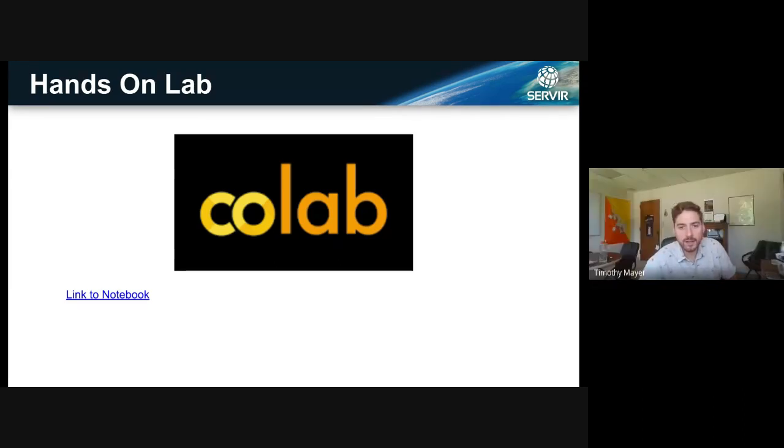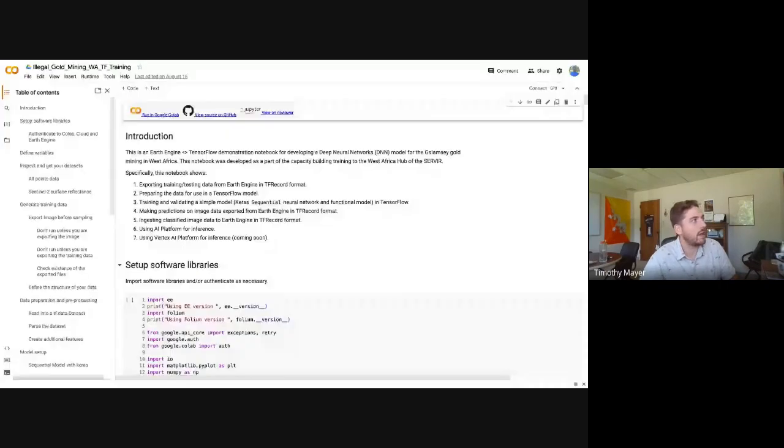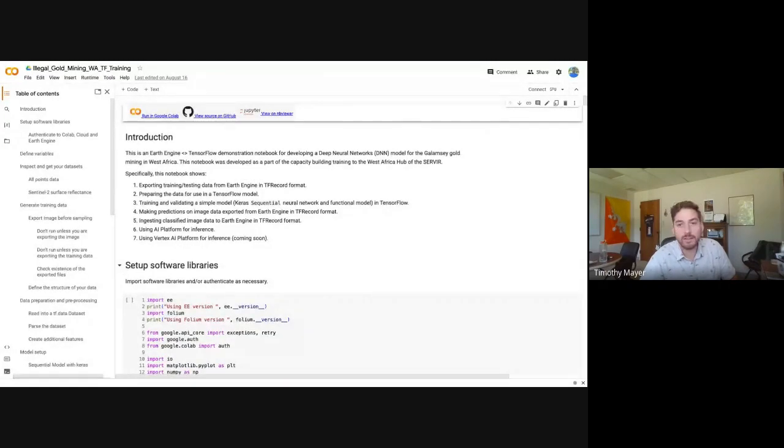One note I'll make, actually two notes. When you open this Colab notebook, and Biplav will mention this too, just make sure you go to File and save a copy to your Drive, because this is hosted as a notebook that Biplav owns, and you can save a copy right to your Google Drive, which is really, I love Colab. It's really fantastic in that way. So that way you can run all the things on your side.